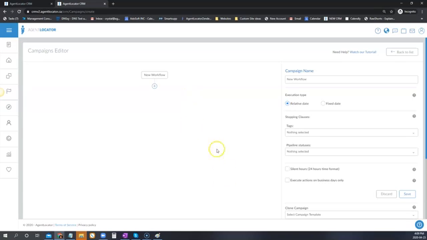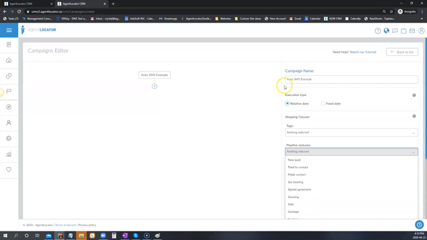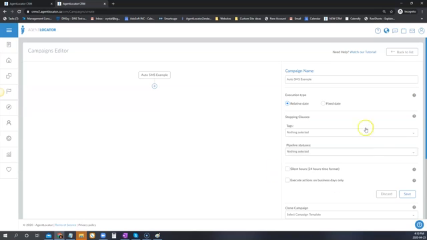When you create a new one, you're going to give it a name. So let's call this auto SMS example. Now, this is a relative date campaign. You can set it up so that there are specific tags or pipeline statuses that stop this campaign. So let's say you sold this person. I don't know how they could come in and within 5 minutes sell, but you never know. Or if you noticed and you mark them as garbage for whatever reason right off the hop, it would stop